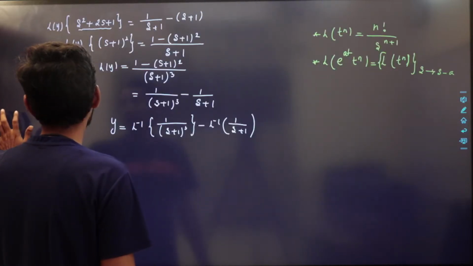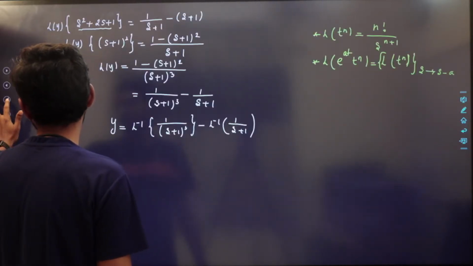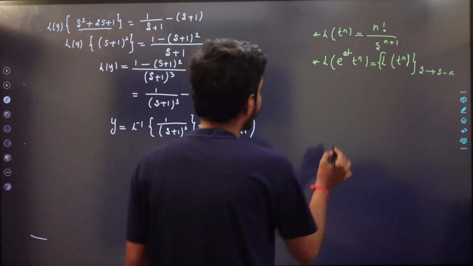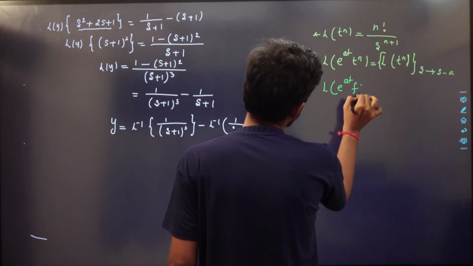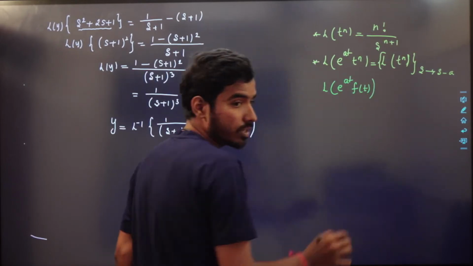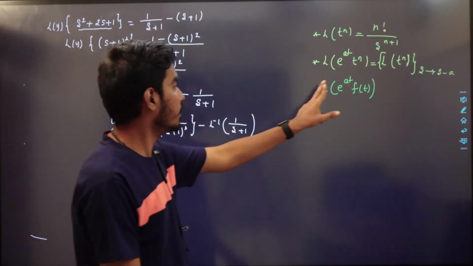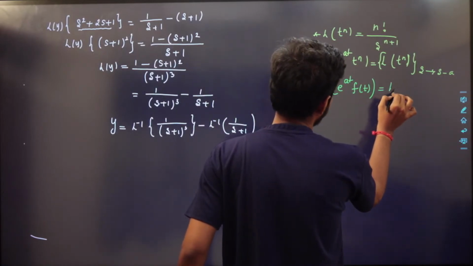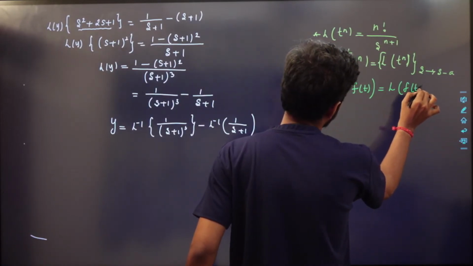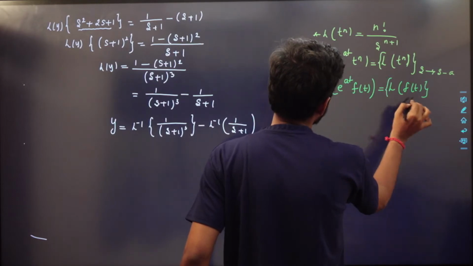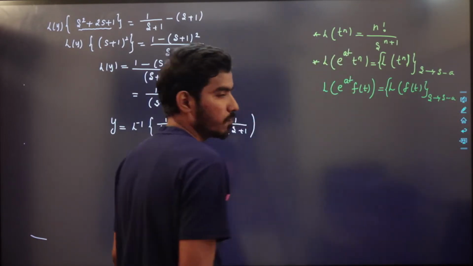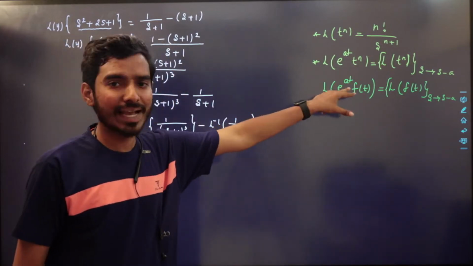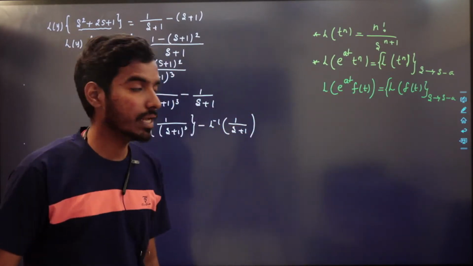So whenever you have L of e power at f of t, apply Laplace transform to f of t. After that, in this answer, you replace s by s minus a. And suppose if you have e power minus at, it means replace s by s plus a. It is L of